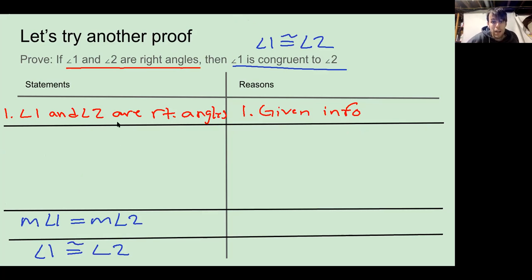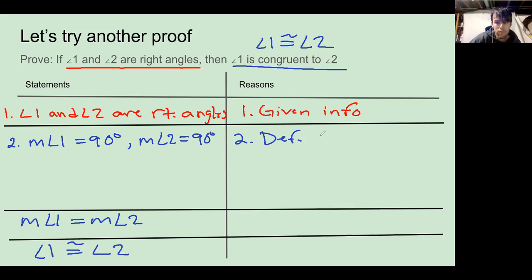All right, so if angle 1 and angle 2 are right angles, that means we know that their measurements are 90 degrees, right? So that means we know the measurement of angle 1 is 90 degrees, and the measurement of angle 2 is 90 degrees. And that's because we knew they were right angles, right? So that's the definition of a right angle. Well, since we know that the measurement of angle 1 is equal to 90, and the measurement of angle 2 is equal to 90,